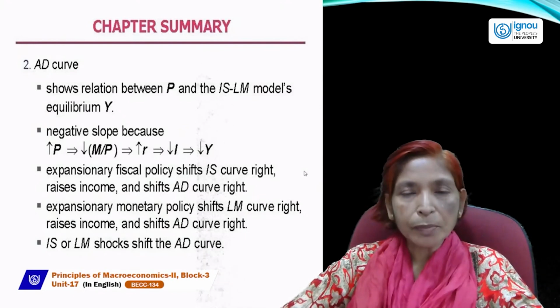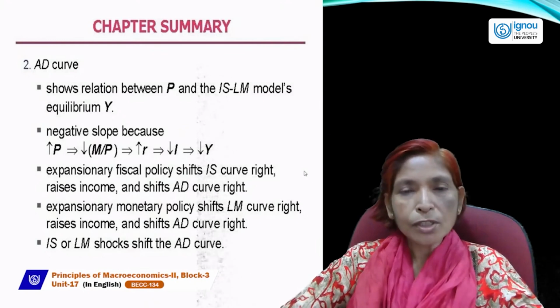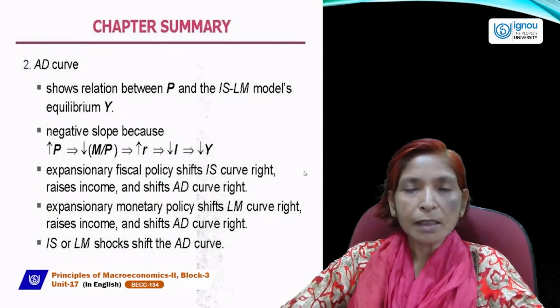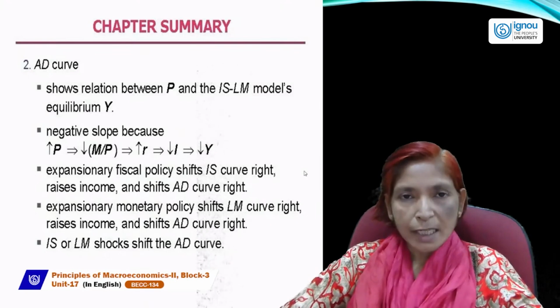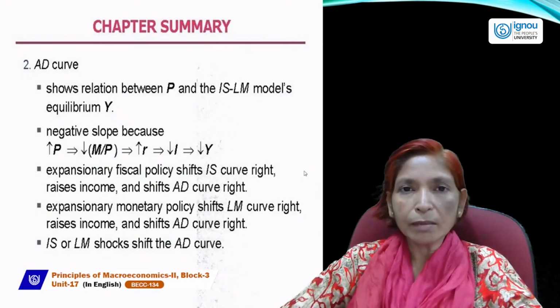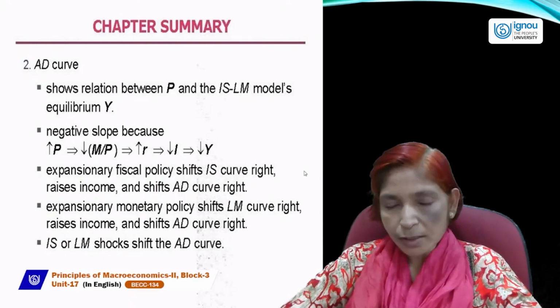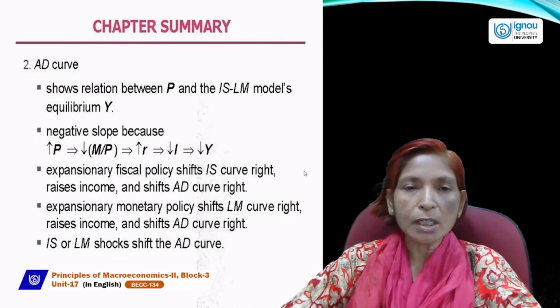The IS curve always slopes downward and the LM curve always slopes upward. IS shows different combinations of the rate of interest and the level of income, and the IS curve shows an inverse relationship between the rate of interest and the level of income. That's why this curve is always a downward sloping curve. And the LM curve always shows a positive and direct relationship between the rate of interest and the level of income. That's why the rate of interest is determined and the level of income will also be determined. And this equilibrium can also shift due to a change in the IS curve and due to a change in the LM curve.